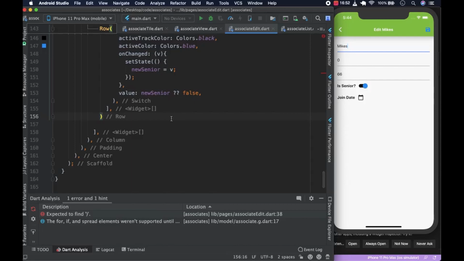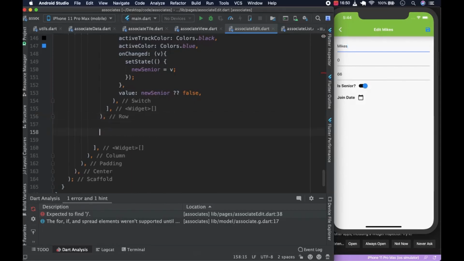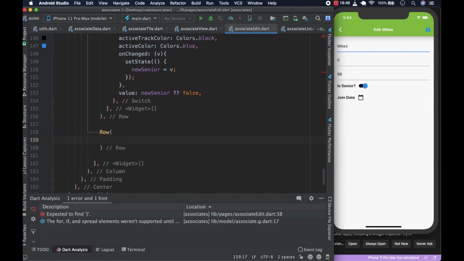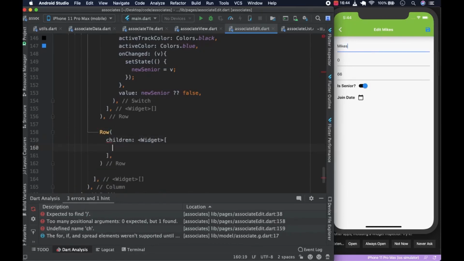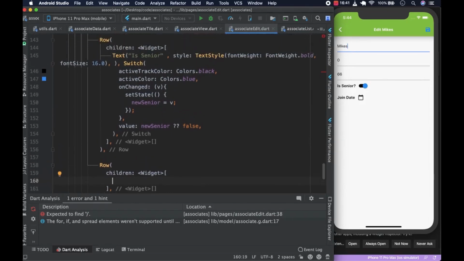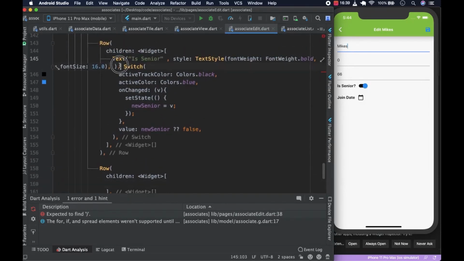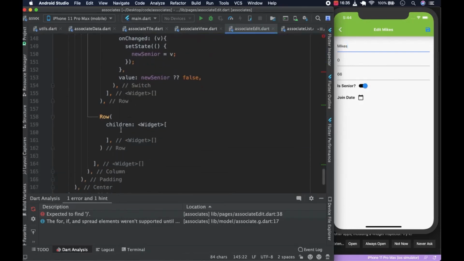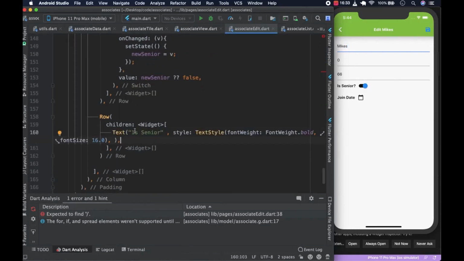Right, and after that we're going to put in another row. We could say row like this, and the children, and we could just copy this text. Let's copy this text, come here, do this, and say join date like this,